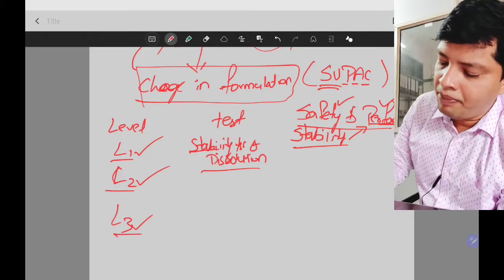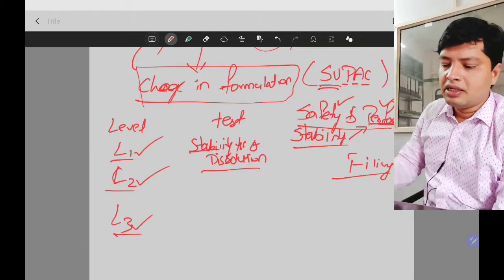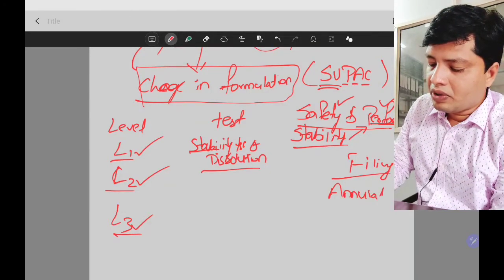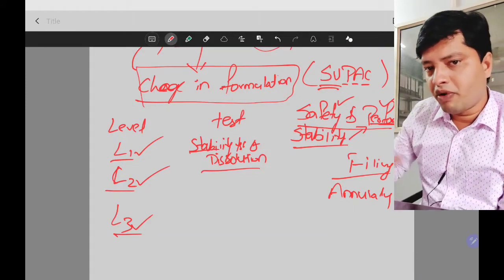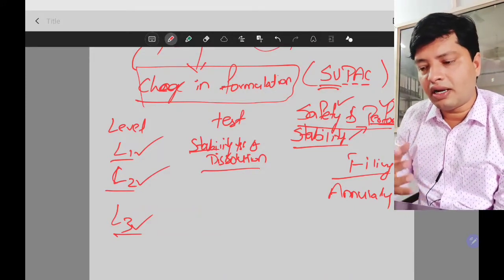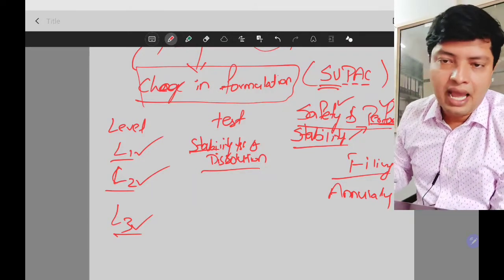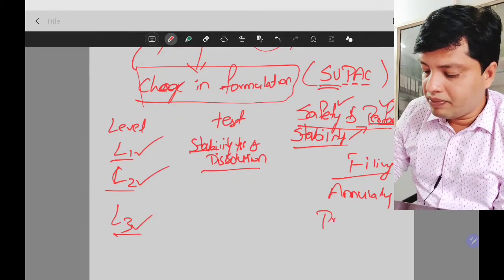Next, filing. Third point is filing. When you need to file, you may be filing annually. Every year you need to file the reports. What are the reports you got, how to file that and how to show that to US FDA. You need to file it annually. One type of filing is there. Other type of filing is pre-approved.